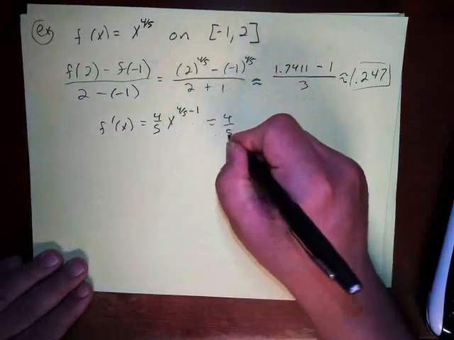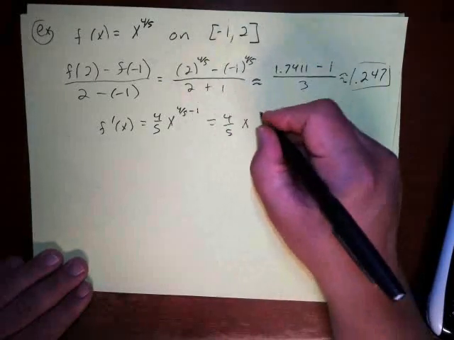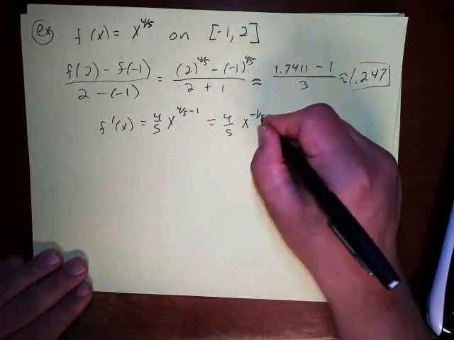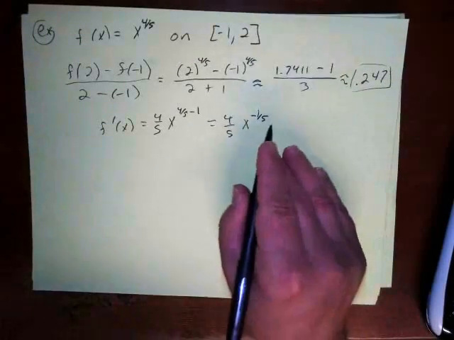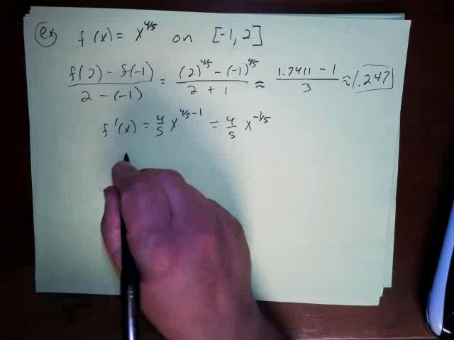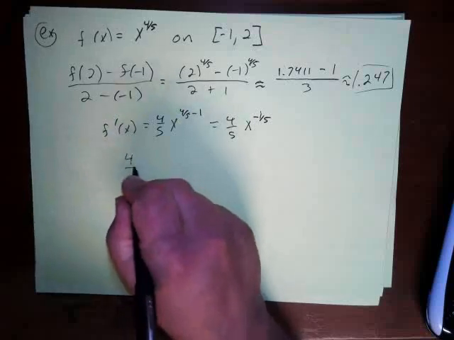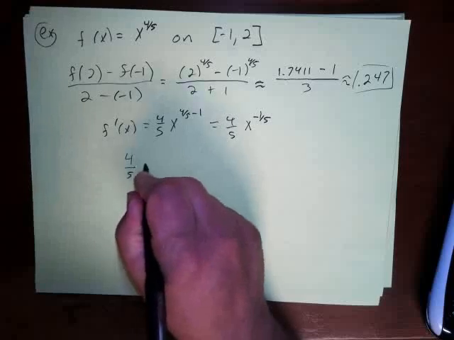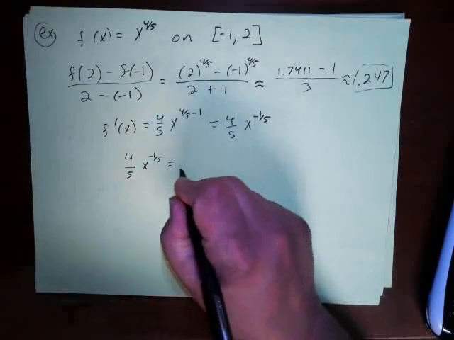So I have 4/5 times x, and this would be 5/5, so this is -1/5. Okay, so I'm going to take 4/5 x to the negative 1/5, and this is equal to